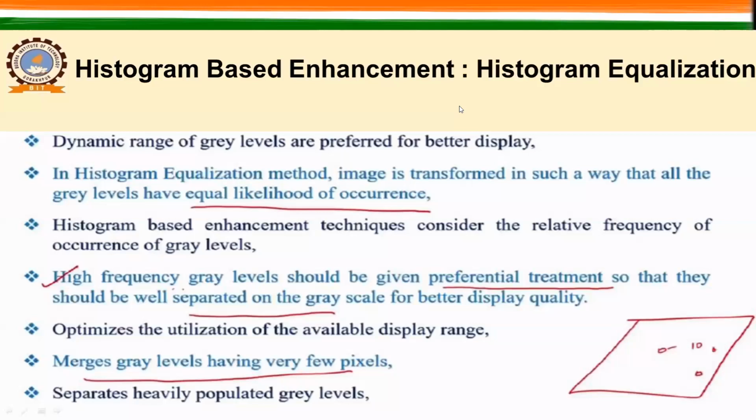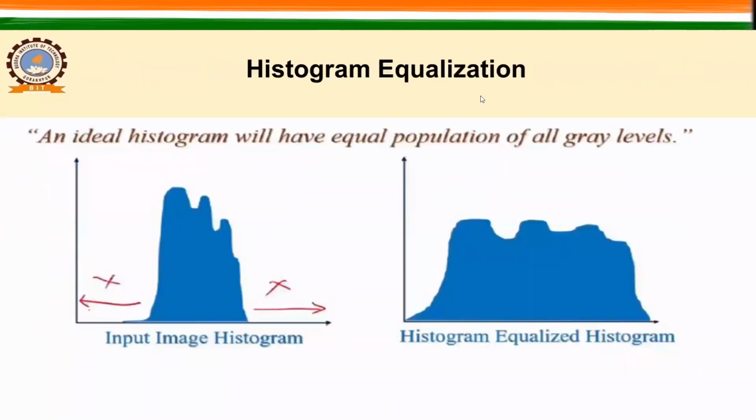So here we have one point, histogram equalization. An ideal histogram will have equal population of all the gray levels, right? So if you can get a histogram like this, then it is the best. If you get a histogram generated like this, then it is the best. So all the DN values are having similar frequency, right? This is the frequency, but this is not possible in nature, and it is not possible with any remote sensing instrument or with our eyes, because it depends on how much energy they have reflected or emitted from the surface, right?